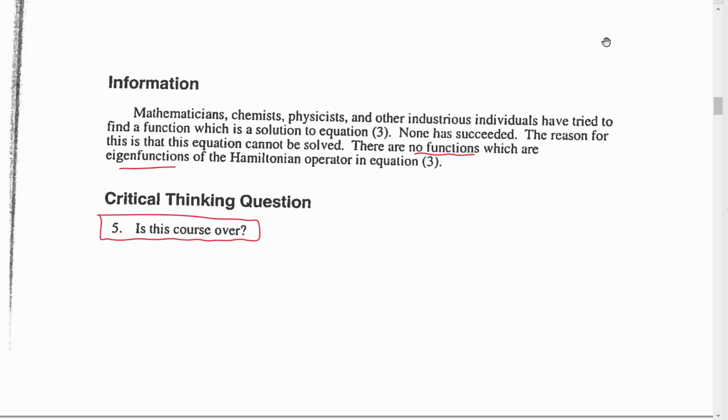Of course it's not. This is a crossroads, and we can now kick on and start to think about how to get around this problem. And we'll later see the importance of different approximation methods so that we can still use quantum mechanics to help us in describing what's going on in multi-electron atoms and even in